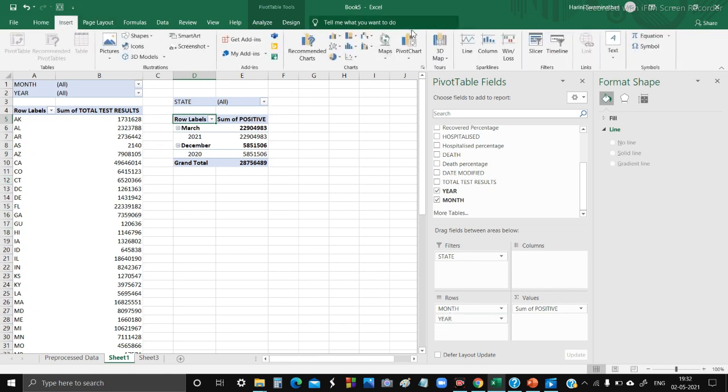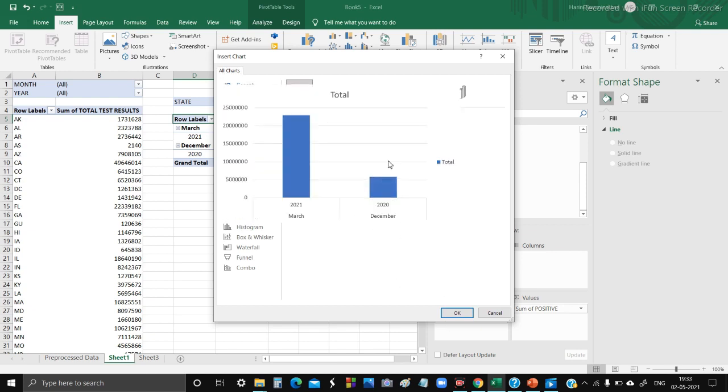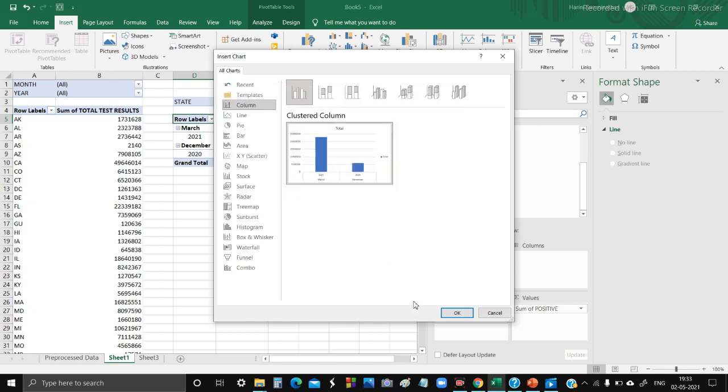Now insert your pivot chart. You will be getting a chart something like this, and this is what we need now for differentiating the cases between 2 months.